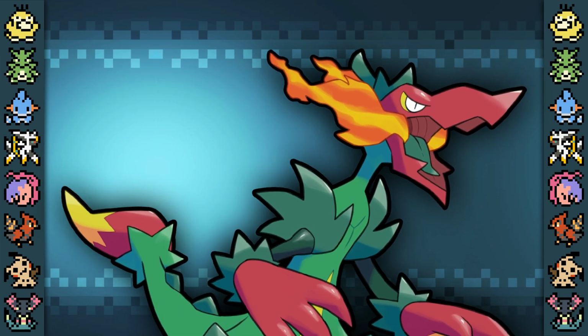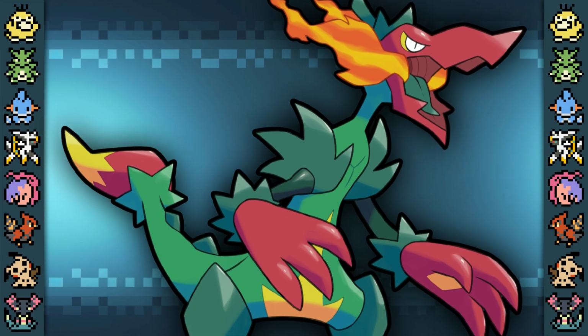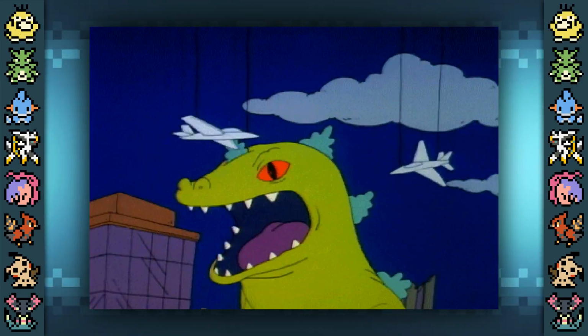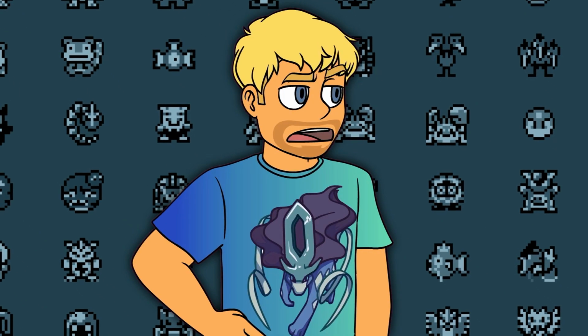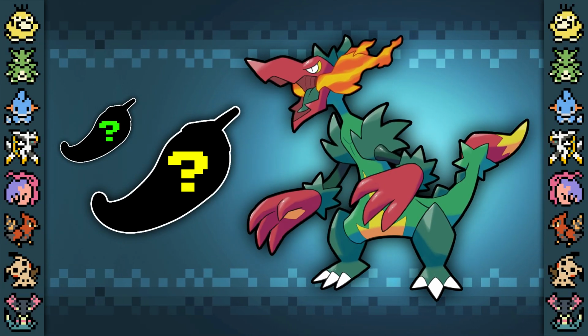And I was going to name it Reptar, which is a combination of the word Reaper from the Carolina Reaper Pepper and the word reptile, but I just realized that the old cartoon Rugrats has a dinosaur named Reptar, so I'm not sure if it would work out. Now, with our Reptar, I think this Pokemon would be a final evolution of a 3-stage line, and I think